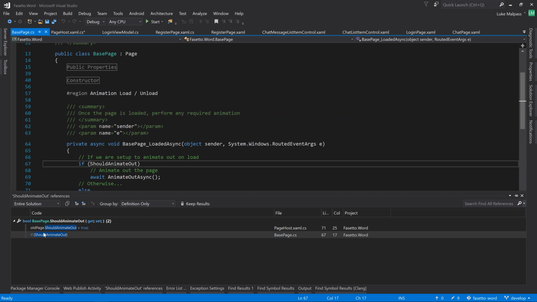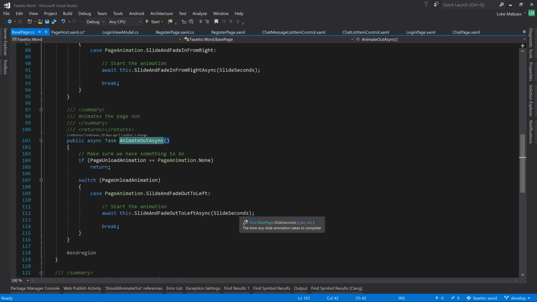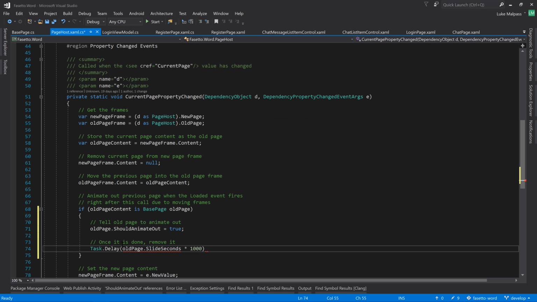Let's just double check what we used. If should animate out, slide seconds. Yeah, so we want to delay by whatever the time it's going to take to animate out times 1,000, because that's seconds and delay is milliseconds. So time slide seconds float, it doesn't like the fact that it's a float. So there we go, so we delay by that much, and then once it's done, continue with